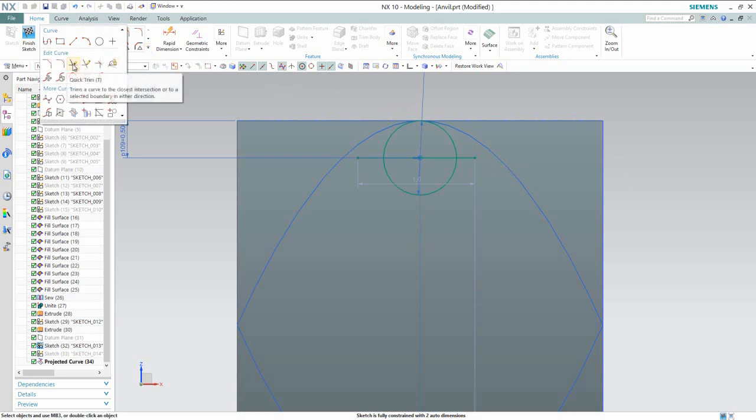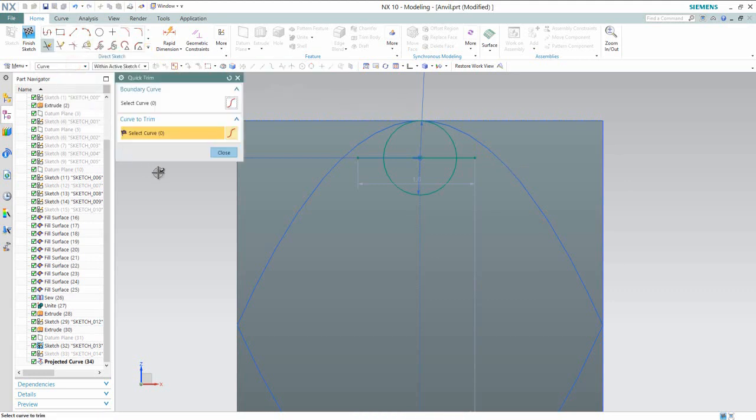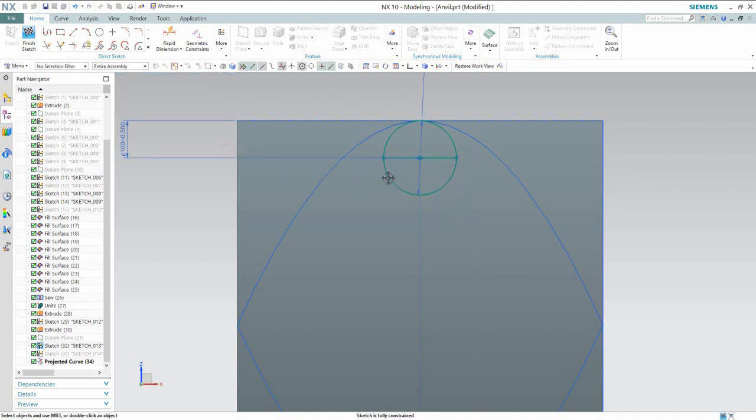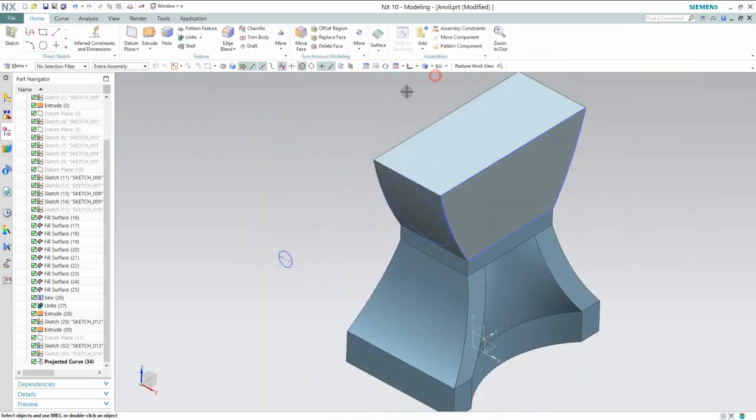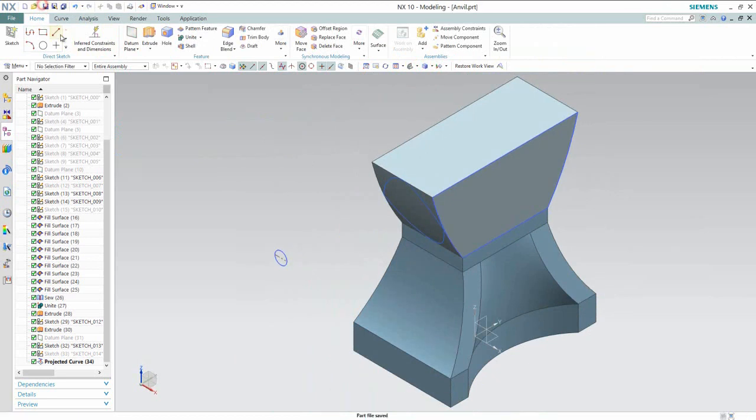Activate the quick trim command and trim the unwanted lines. OK. Convert this line into reference geometry. OK. Finish the sketch. Choose isometric view. That's it.